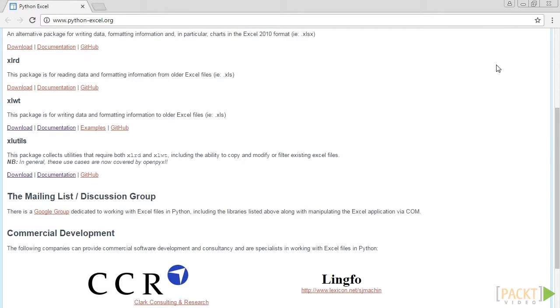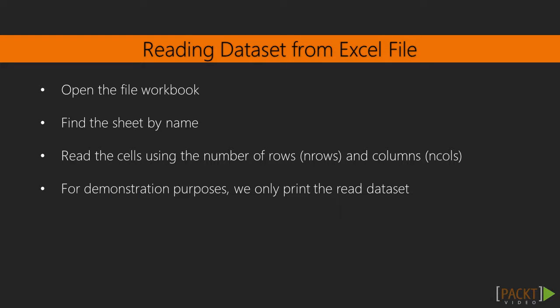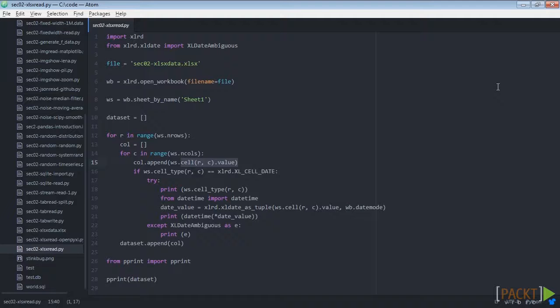Here's how it looks. We'll use a code example that demonstrates how to read a sample dataset from a known Excel file. We'll follow these steps in the code. 1. Open the file workbook. 2. Find the sheet by name. 3. Read the cells using the number of rows and columns. 4. For demonstration purposes, we only print the read dataset. So here's the code in a file called section2